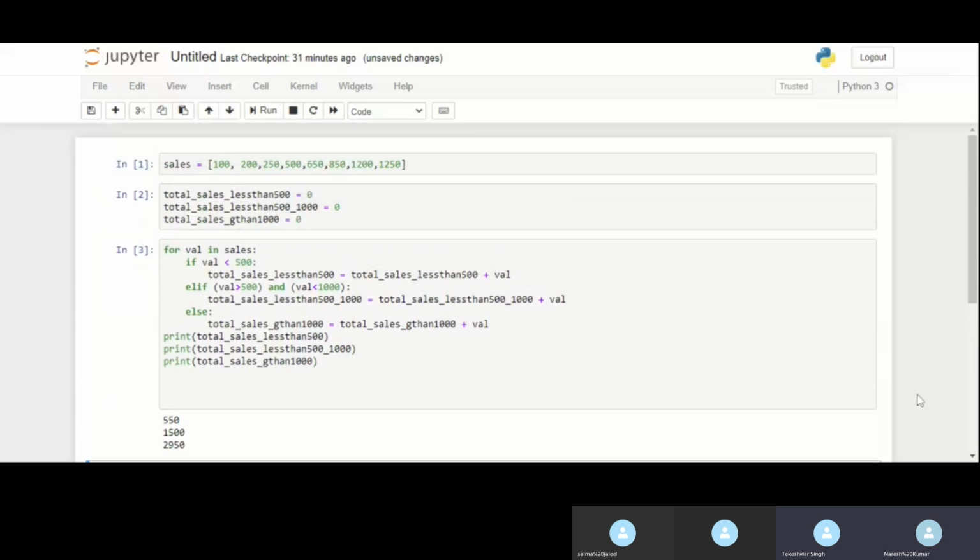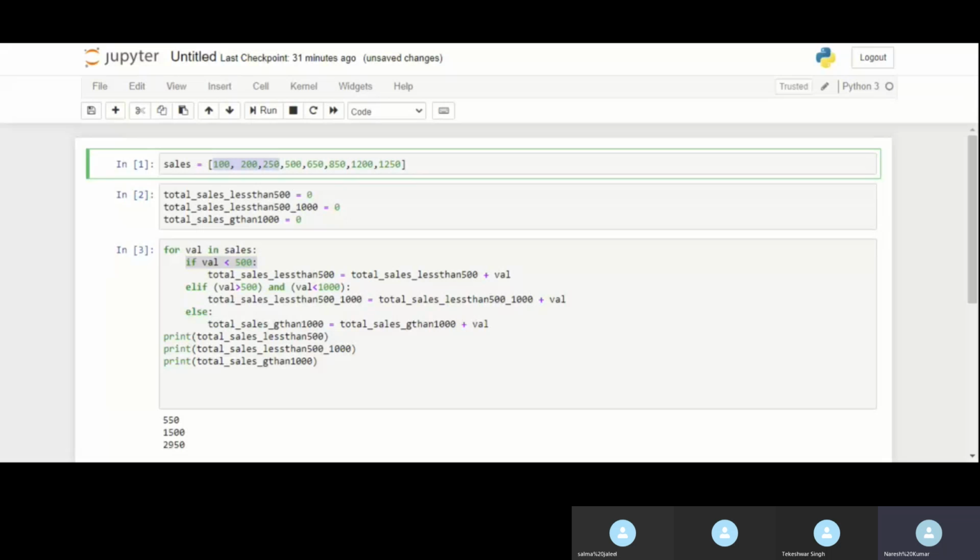Okay, so now see the output. If my sales are less than 500, how many numbers do I have less than 500? I have this number, this number, and this number less than 500, right? So it will add all these three and give a total sales which is less than 500.